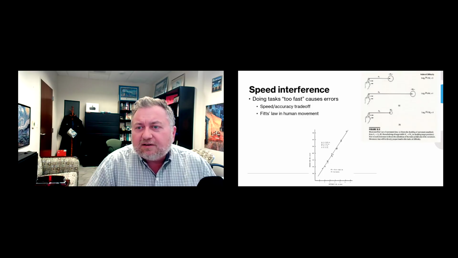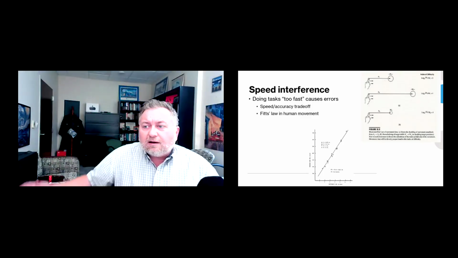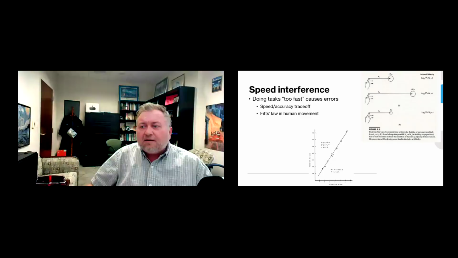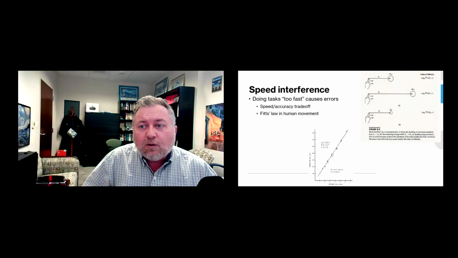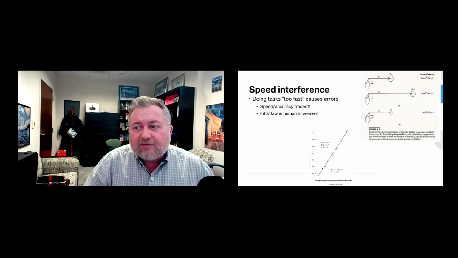And those numbers are calculated here. So for a particular value of A and W, we can have an index of difficulty of 3. Or if we make the distance longer, as in the next case there, we have an index of 4. Or if we keep the distance the same but make the target smaller, then we also have an index of 4.